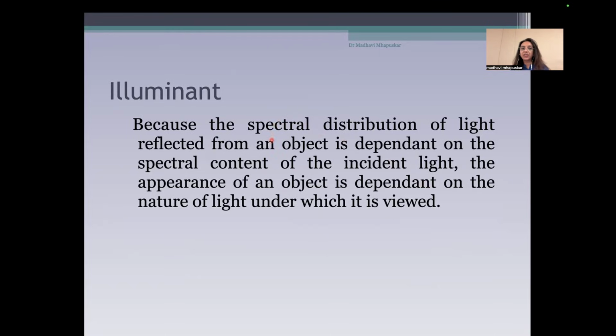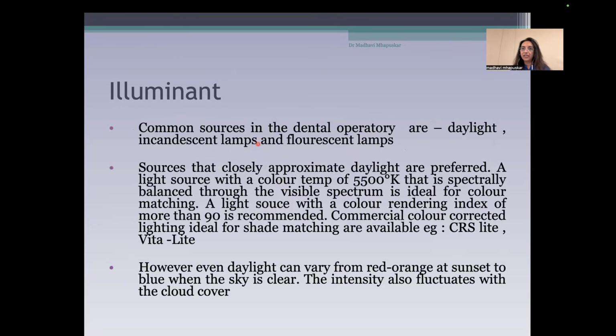Because the spectral distribution of light reflected from an object is dependent on the spectral content of the incident light, the appearance of an object is dependent on the nature of light under which it is viewed. So in the dental operatory, what are the common sources of light that we have?